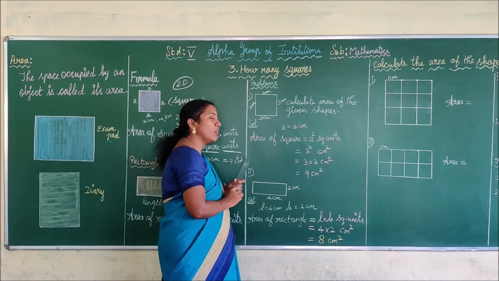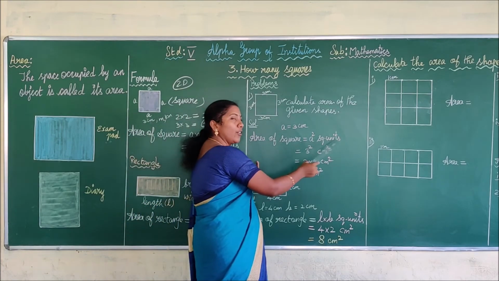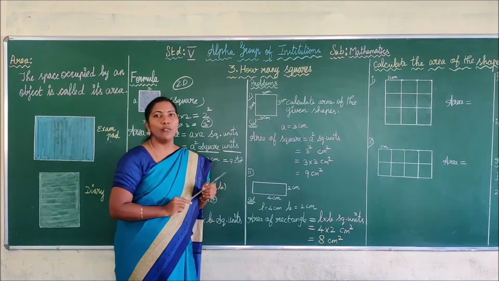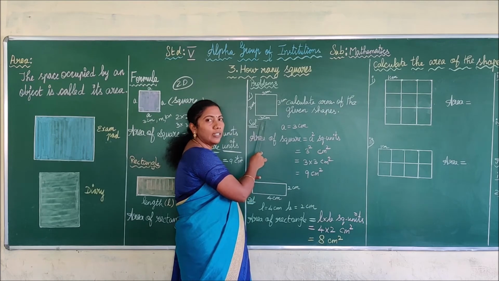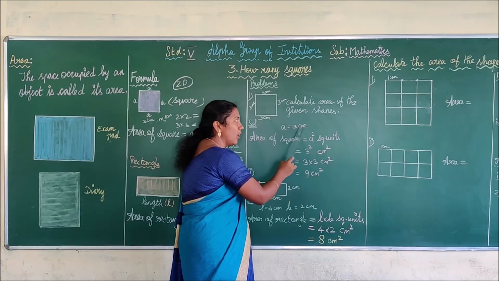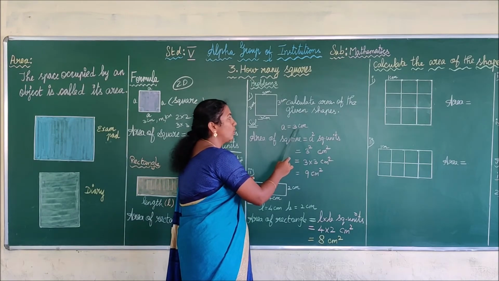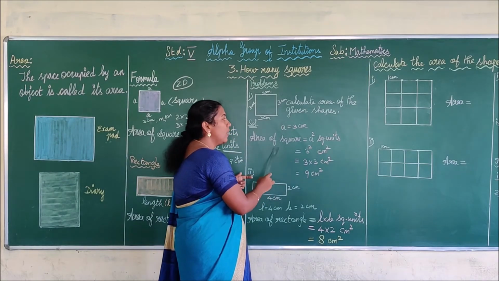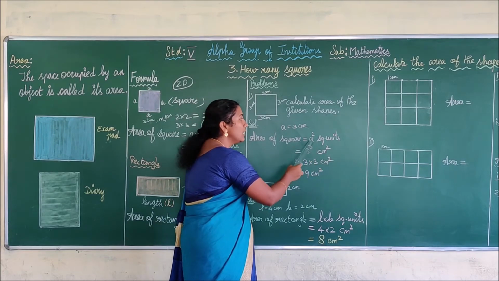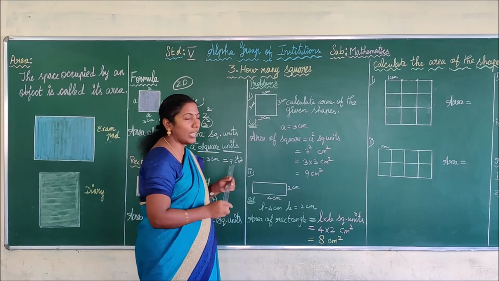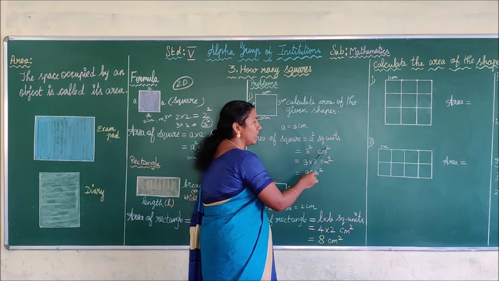What is the formula for calculating the area of square? Yes, A square unit. Here, what is the value of A, children? A equal to, you have to take this length, that is 3 centimeter. Definitely you have to write the unit along with this number. Okay. Thus A equal to 3 centimeter. Area of square equal to, write the formula, A square units. A square means you have to multiply the A 2 times. That is, instead of A we are writing 3 centimeter square.